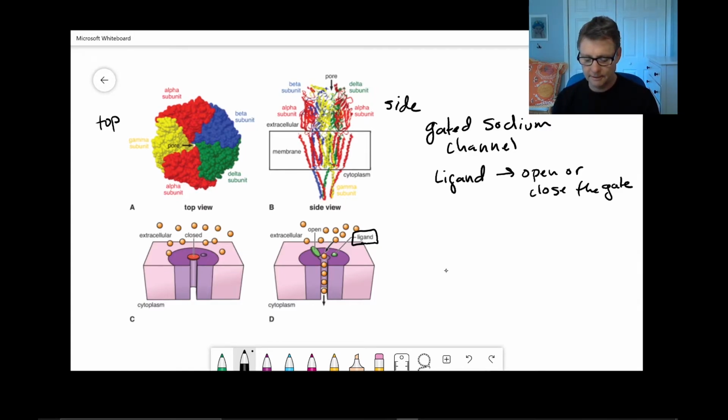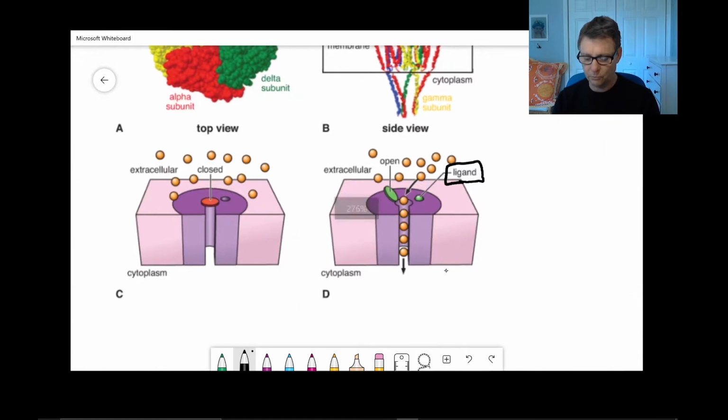you'll notice that on the bottom here we have this red circle. And the red circle just indicates like a stoplight. The gate is closed, ions are not going through. And these little orange dots are your sodium ions. And so if a ligand comes over here, this green dot, so let's say you get these ligands, and the green dot then moves in and binds to the receptor site on the protein,